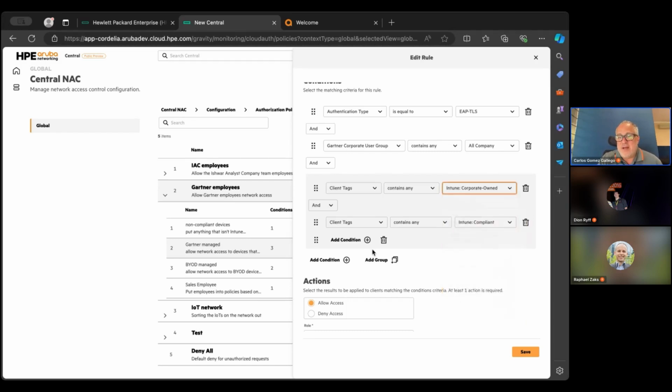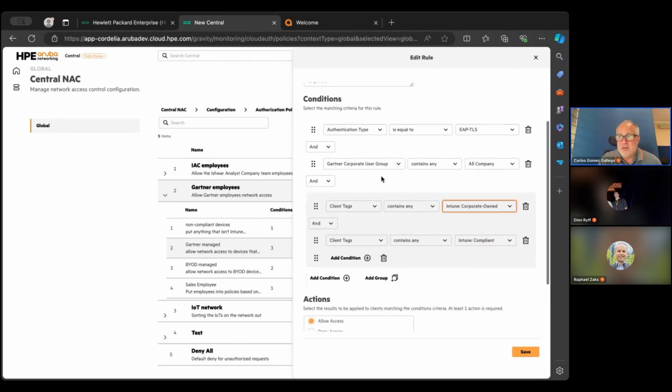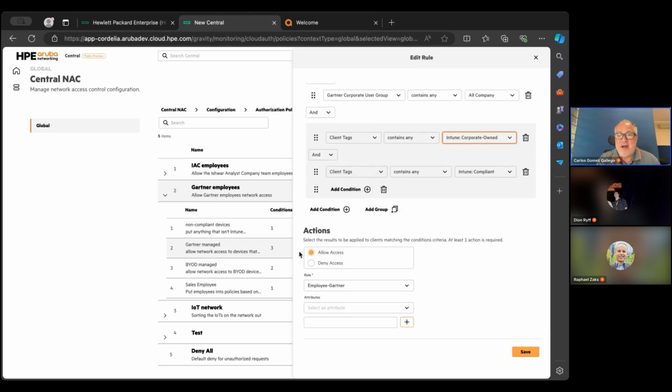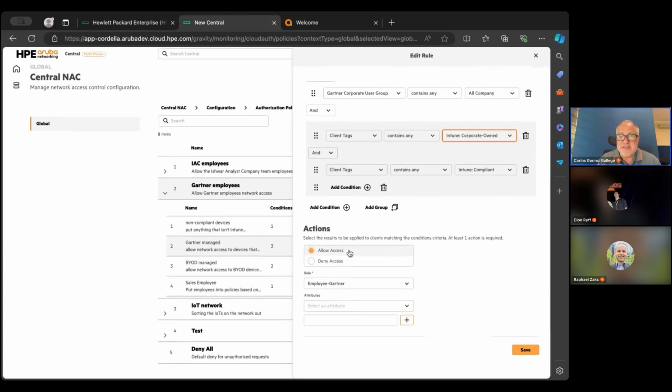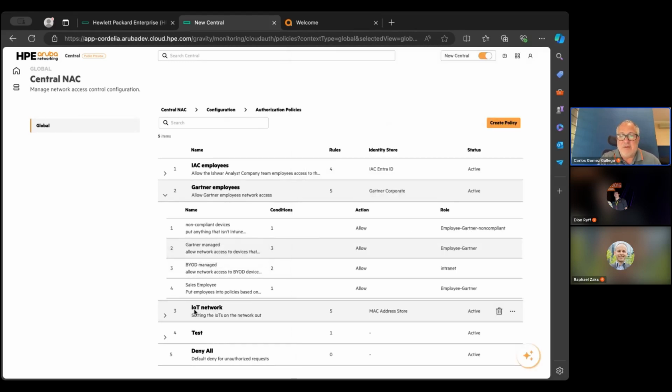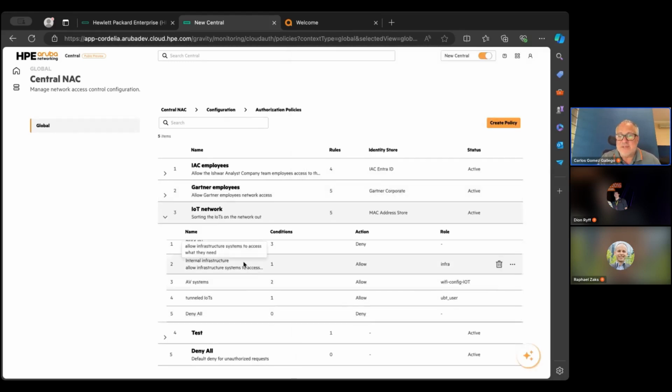So you can layer multiple conditions. You can make this as simple or as complicated as your requirements dictate. Obviously, you can either allow or deny access, and place people into a specific role. So if we have a look here at an IoT example,